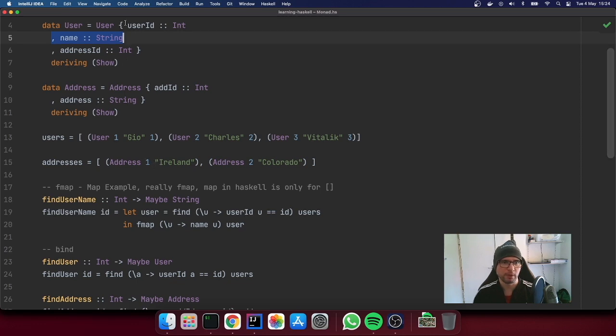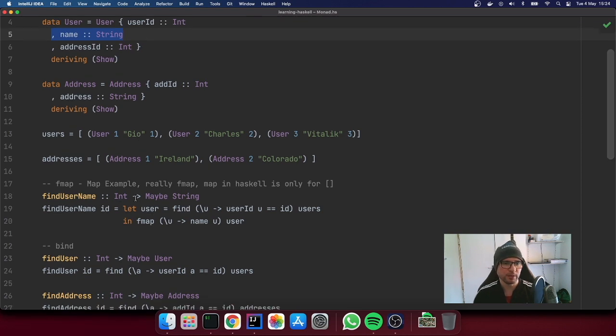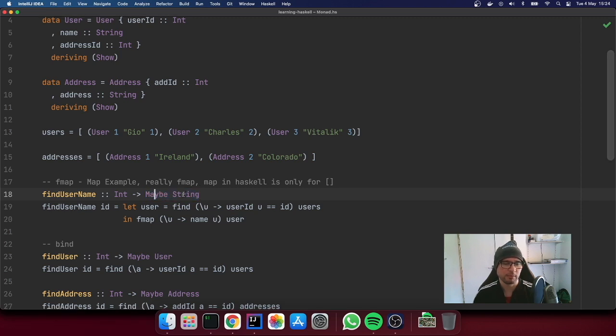Now, of course, because I haven't put all the possible integers of the world inside this list, there is a chance that the user may or may not exist. So what I'm saying in the signature is that for a given integer, we are maybe returning a string. We could potentially find a string, or we could maybe not find a string.